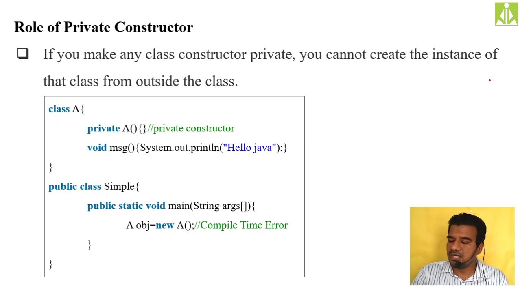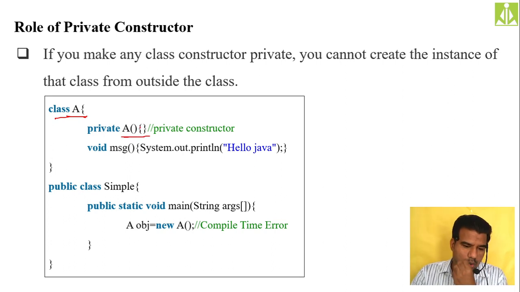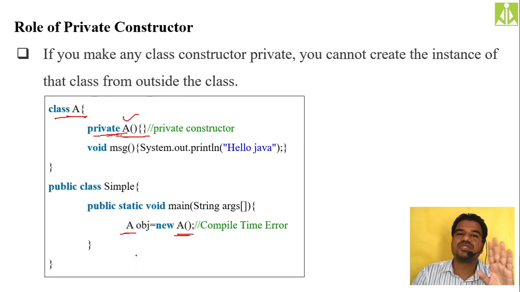Over here you can see, we have created class A, and inside that class A, I'm making the default constructor A without any parameters, without any code, body of constructor. I'm making this A constructor as private. Private means you're restricting the access of this A constructor to this class only. Outside the class you cannot access, isn't it? But when you're creating the object of A class, you're calling this constructor A from outside the class, which is not allowed.